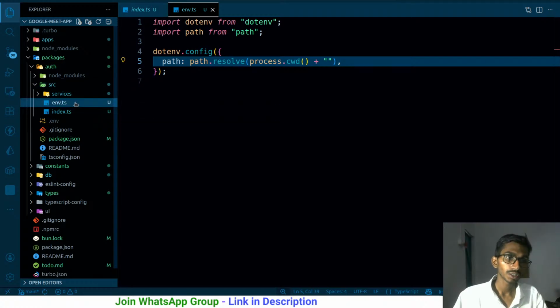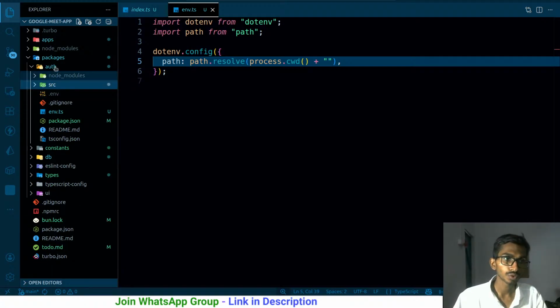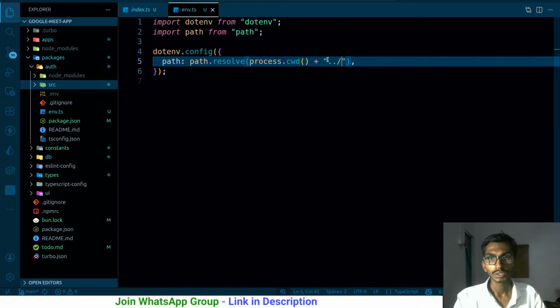This env.ts should be in the root file first of all, just like this. And once... well, that's going to be crazy. That will not be crazy, never mind. So env.ts I have over here. From here I have to go to the auth folder, then from auth to package. So cd two steps back, and then once I'm on the package level, I'm going to be going to the